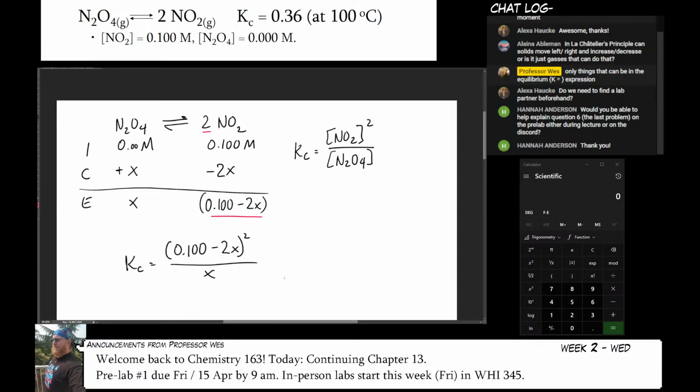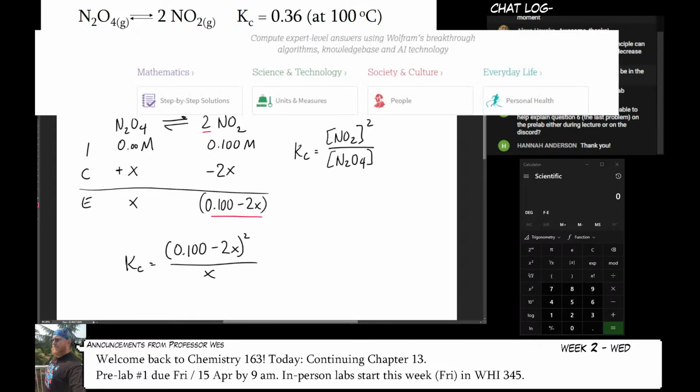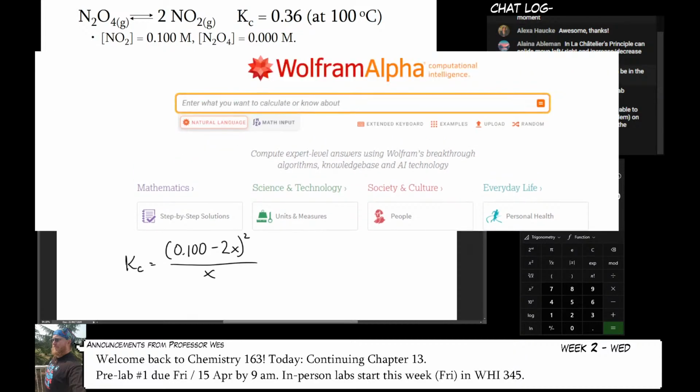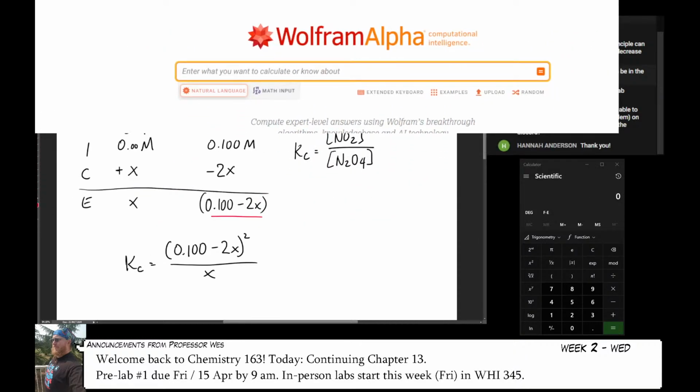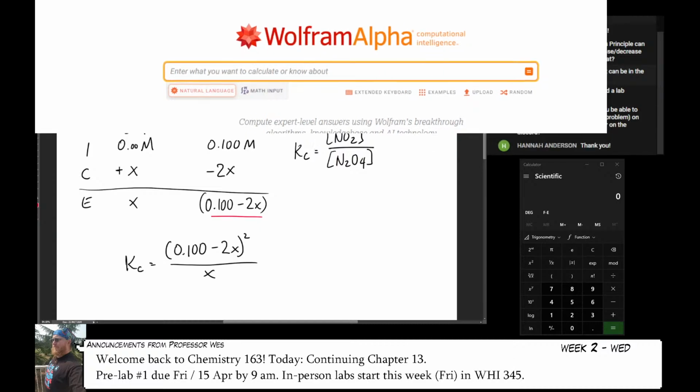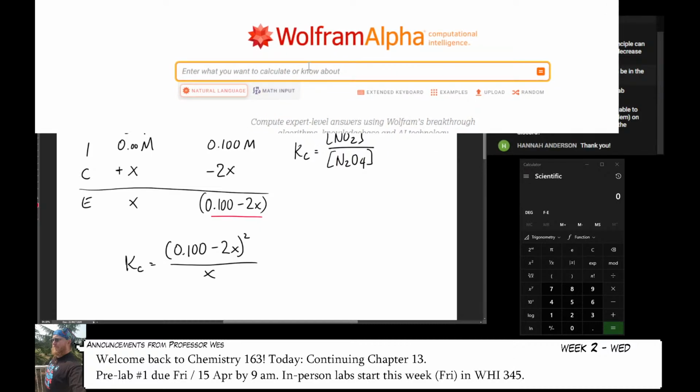Now, I could do all the algebra out for you again. We're not going to do that. We're going to go to Wolfram Alpha. Because that's what my intent for this problem should be. So let's capture Wolfram Alpha on the screen here. There it is. We need more on the screen than that. And I'm going to type my Kc expression, but I'm going to fill in all the variables. So Kc, according to our problem, was, what was it? 0.36. So let's type that in there.